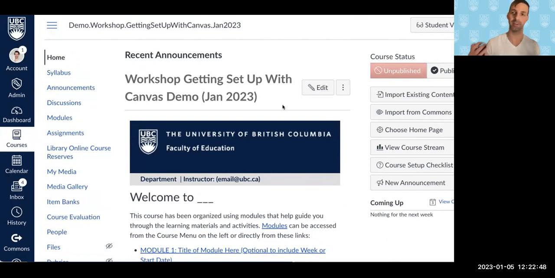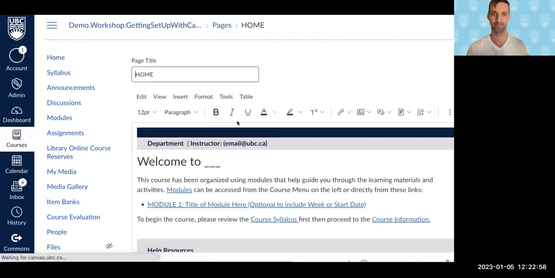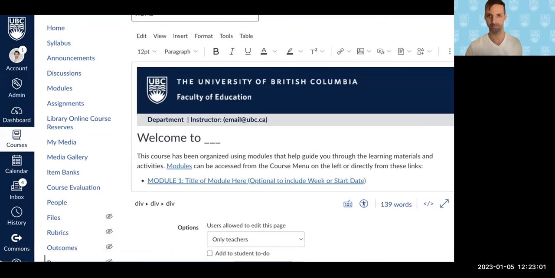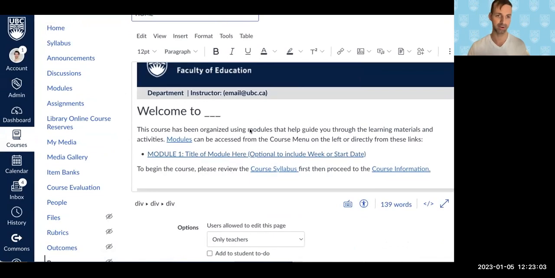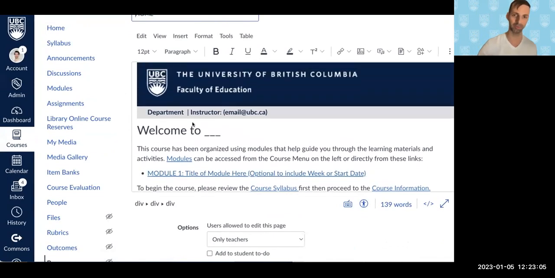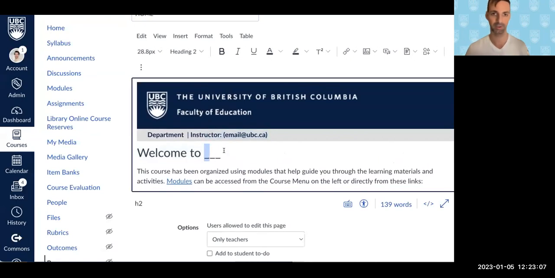And this applies to everything in Canvas, may that be a page or an assignment or a quiz or anything. If you want to alter the content, you just have to click on edit. And this will give you a rich text editor, which is very simple to use. You can go here and start changing the content. You can write, you can put images, you can create hyperlinks and the whole thing. Like that, I can